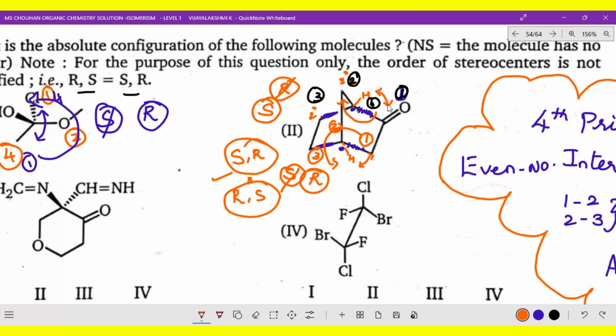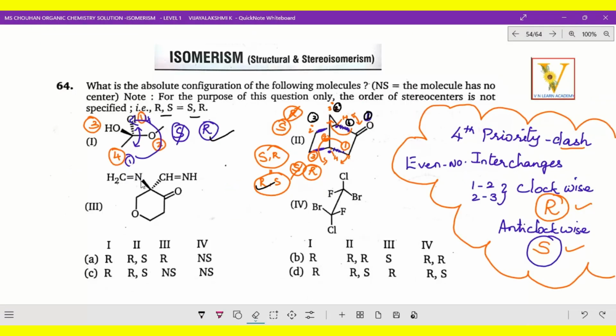Okay, now the next one we can go for. Here nitrogen is attached directly to that wedge, and here CH double bond NH. Here also N is there, here also N is there, but we give priority 1 over here only. Okay, 1, and a double bond, this is 2, and carbon connected with oxygen, this is 3, and of course this dash position attached with CH double bond NH is 4. Now the priority order 1, 2, 3, 4, so clockwise. So this configuration is R.